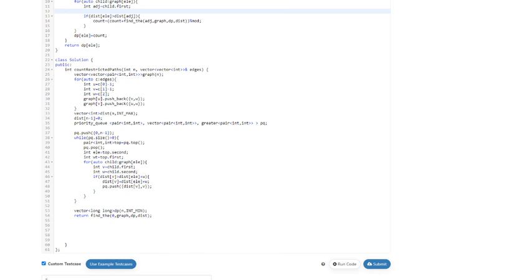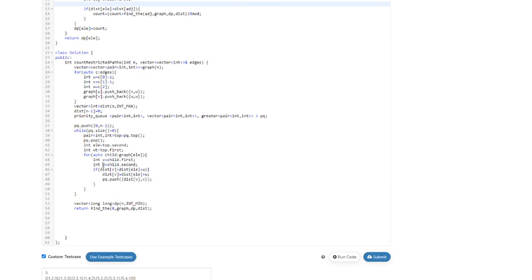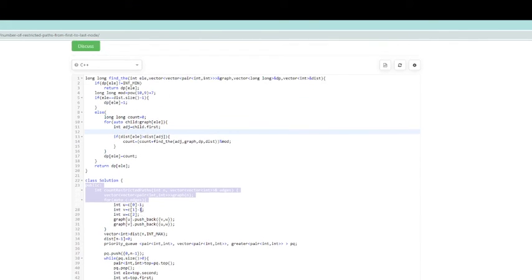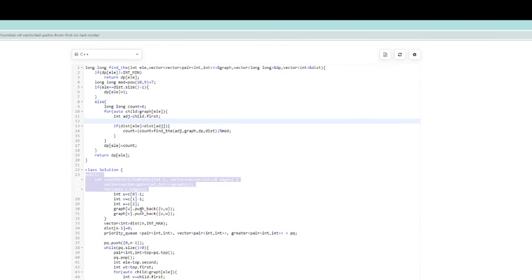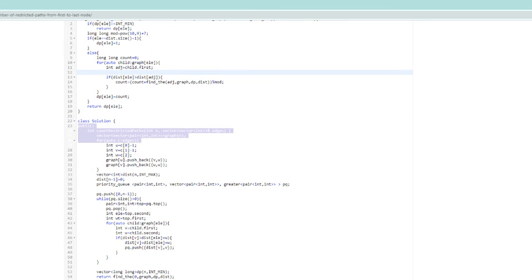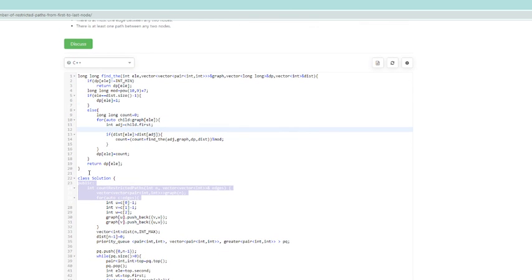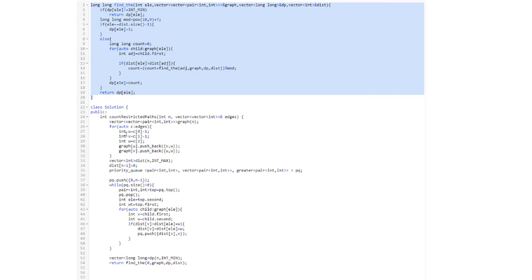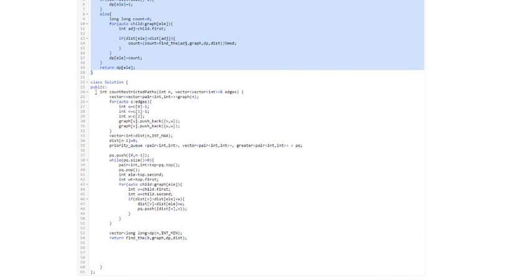Okay, so this is the solution. The solution was accepted, as you can see. This is the whole solution. Let me align the solution at one go. So this is the main crux basically. Except for that, everything is Dijkstra's algorithm. I'm sure it's not a big deal. This is the Dijkstra algorithm, and this is the case. So this solution has been accepted.